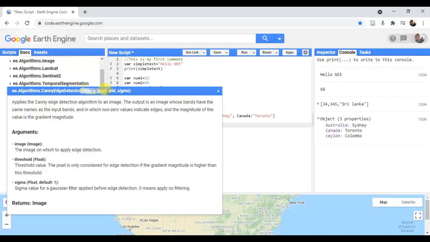Here you can see it requires three arguments: image, threshold, and sigma. Don't worry if you can't understand right now, because we will be using this function plenty of times in the rest of the course. So stay tuned for the next video.